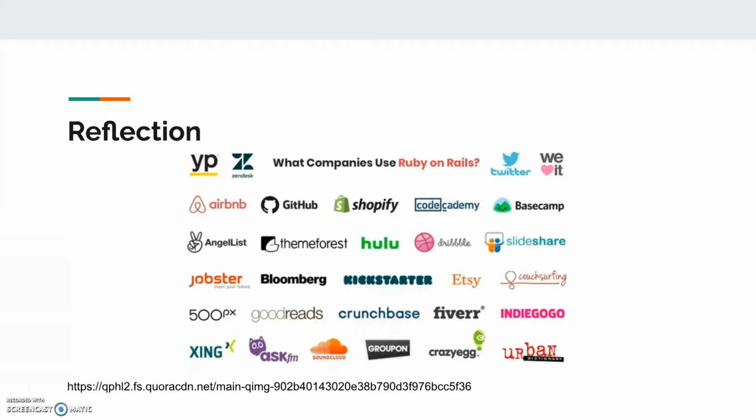I'd like to learn more about it and be able to code with it comfortably, but I think I would use C++ and Java over it. I would definitely be more interested in seeing it on the web development side because I do know JavaScript and PHP. So I'd like to be able to compare Ruby on Rails to those two and see how it is, especially since major companies like Twitter used it and they did end up transferring. So I want to see why and just have my own thoughts on that.